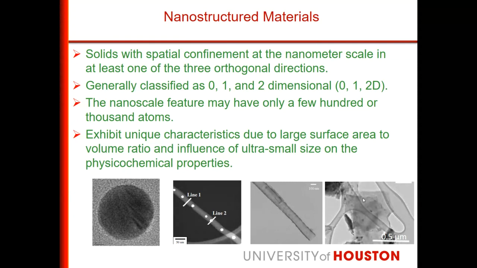And then finally, the zero-dimensional nanomaterial, which is the nanoparticle or a quantum dot or a nanocrystal. All these terms are used for the nanoparticle. Generally, the quantum dot has dimensions less than 8 to 10 nanometers typically, but nanoparticle means the diameter can be 100 nanometers. It is zero-dimensional because it is spatially confined in all three dimensions.